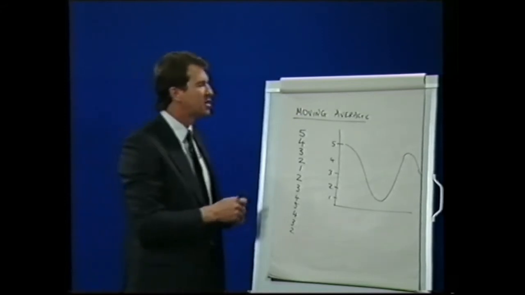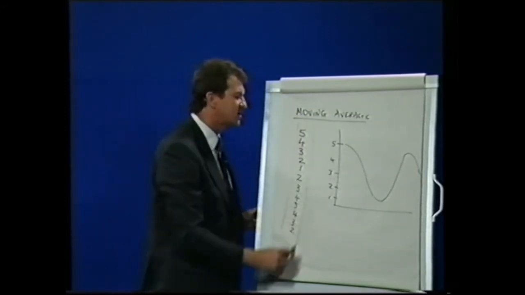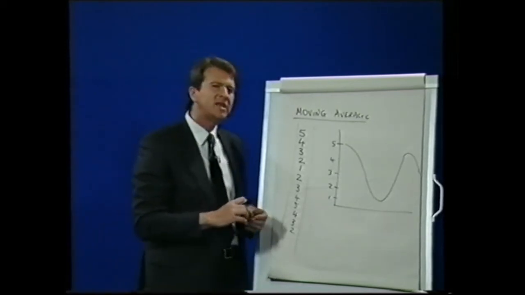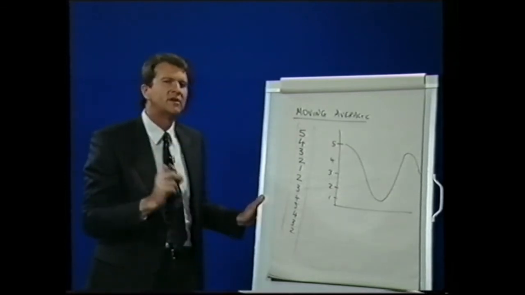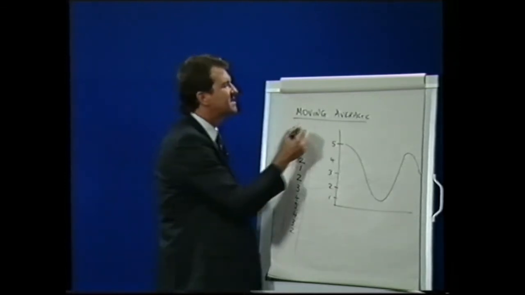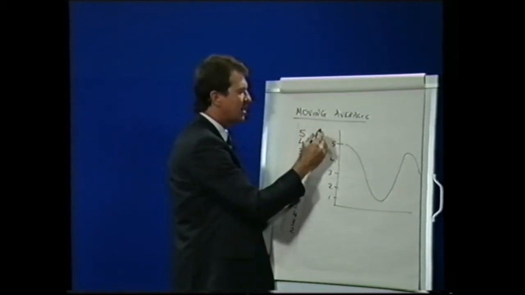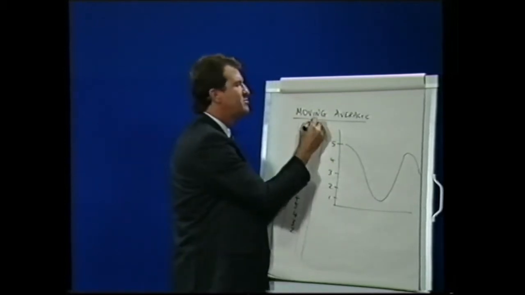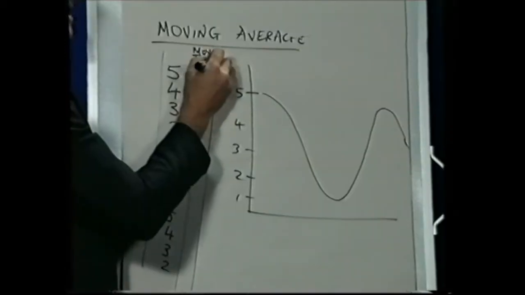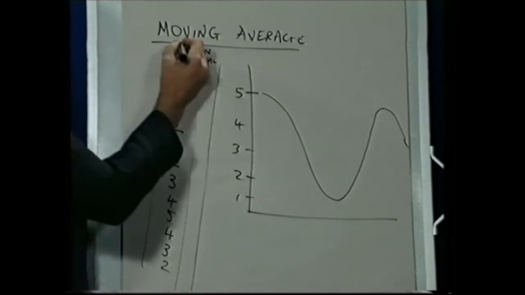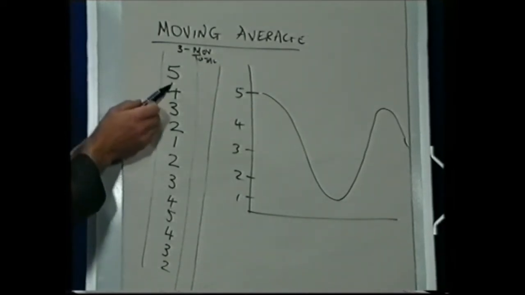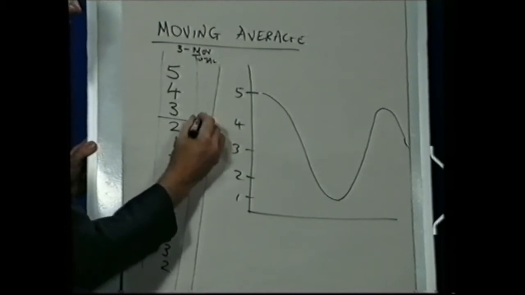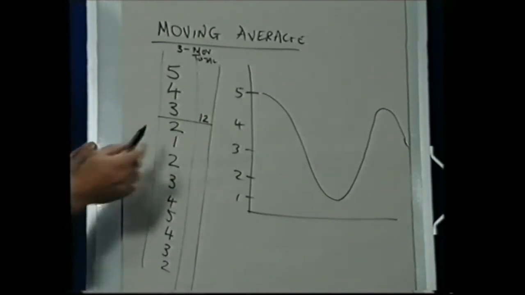Now, for purposes of this exercise, because it's a very small example, I'm going to choose a 3-day moving average. In other words, I'm going to be working with 3 days worth of data at a time. And the first thing I'm going to do is draw a column which is going to be called a moving total. And because I'm choosing 3 days at a time, it will be a 3-day moving total. So I'm going to take the first 3 prices and I'm going to add them together. 5 and 4 and 3 gives me a total of 12,